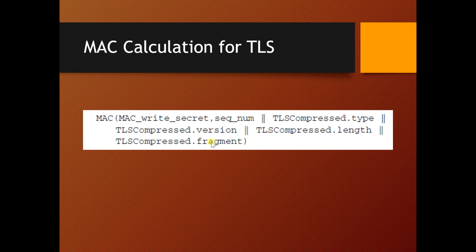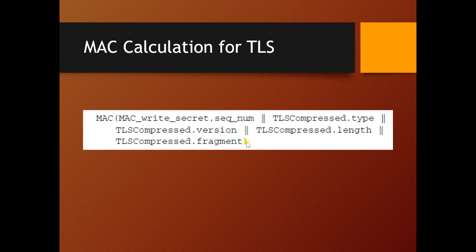If you can remember the message authentication code, there we had divided the application data into fragments, compressed, added the MAC, encrypted, then appended the SSL record header. In this case also, we'll be performing the fragmentation on the application data. We are going to compress it, then add the MAC, encrypt it, and then append the TLS record header, which we had seen previously. So almost all the parameters in this MAC calculation code are similar to the one which we have seen in the SSL.